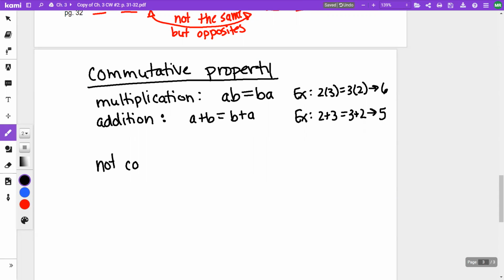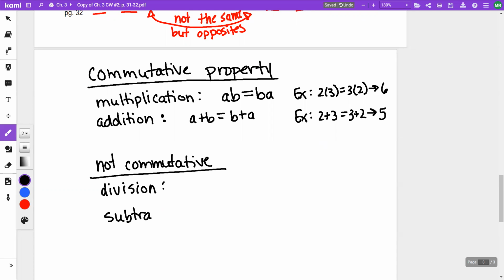Not commutative. What's not commutative is division, which we didn't show, but it is not, and subtraction. So division, A divided by B does not equal B divided by A. A minus B does not equal B minus A. So as an example,